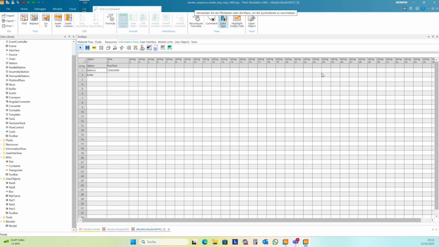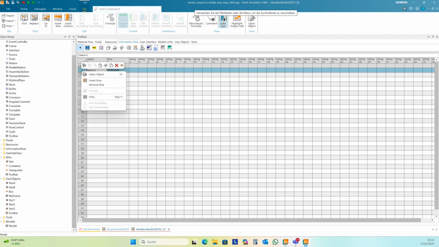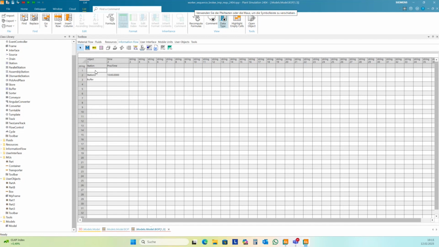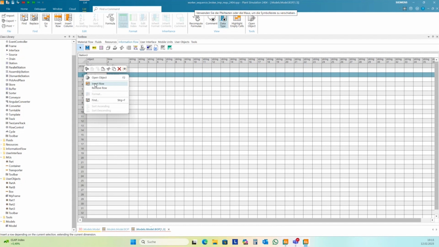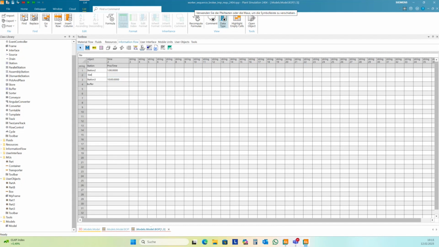And part 3 needs to go to station 2 for 1 minute. Then station 4, 3 minutes.